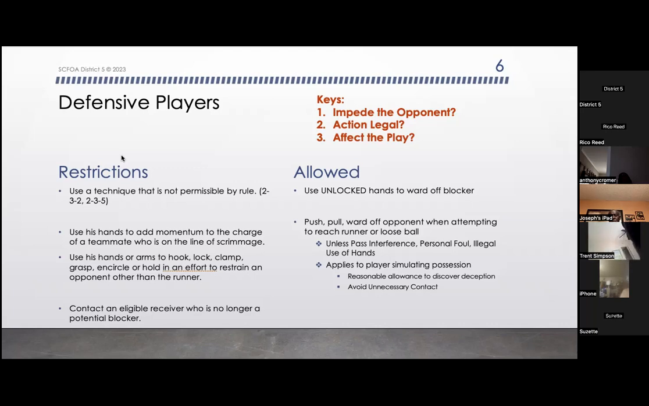What is that? It's a block. And what type of block is it? A block below the waist, which is a foul. However, because John was simulating possession, that contact is legal. Okay. Now, it doesn't give Demery permission to clothesline John. It doesn't give Demery permission to let John run 10 yards downfield and then go hit him. But it does allow some reasonable time